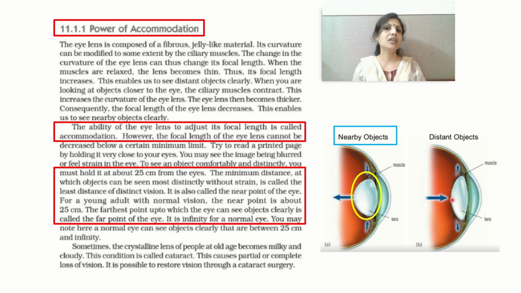Now if the object is far away from us, then the lens gets elongated or flattened. Due to that, its focal length increases and the object is seen clearly. So this tendency of adjusting the focal length by the crystalline lens is the power of accommodation.